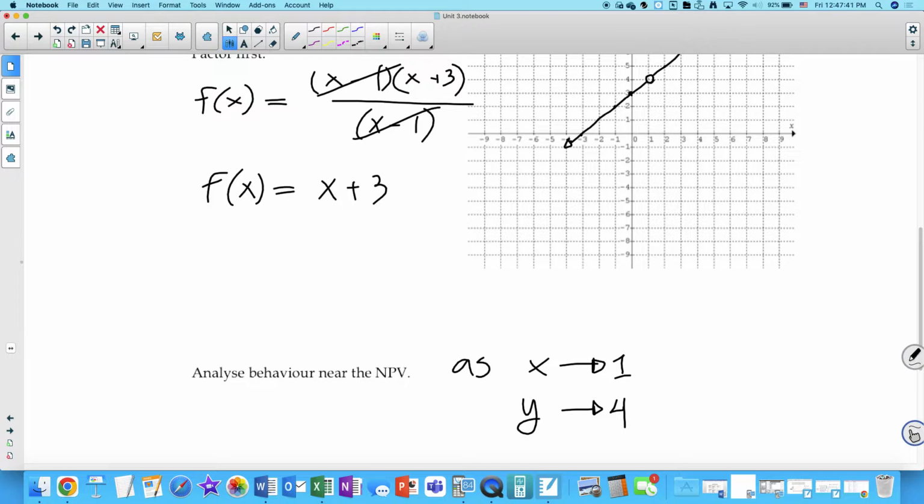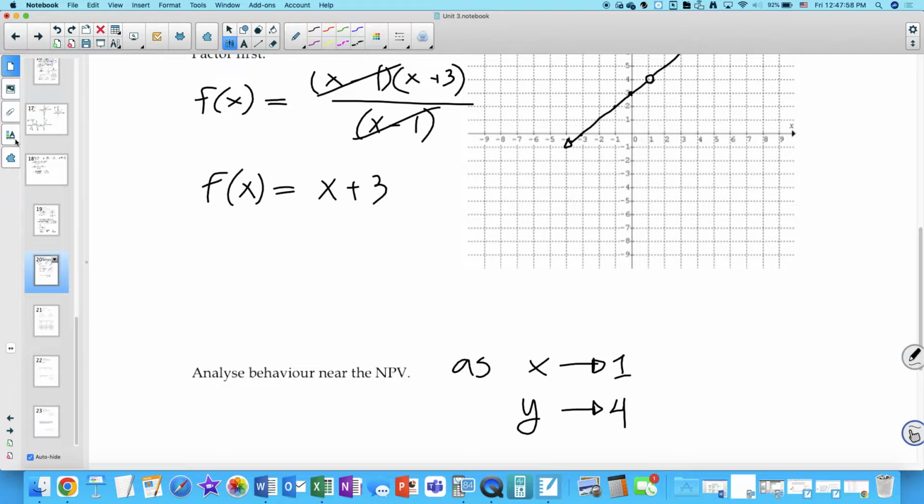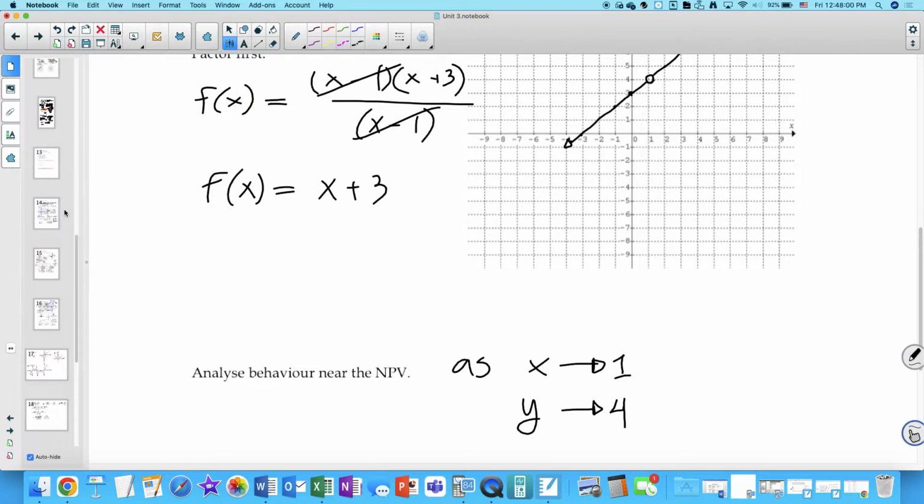A limit is not what is the function when x equals 1. It's what is the function close to as x approaches 1. Okay? This function has a limit of 4 when x approaches 1. Now, if you compare that to something with an asymptote, let's say we're looking at